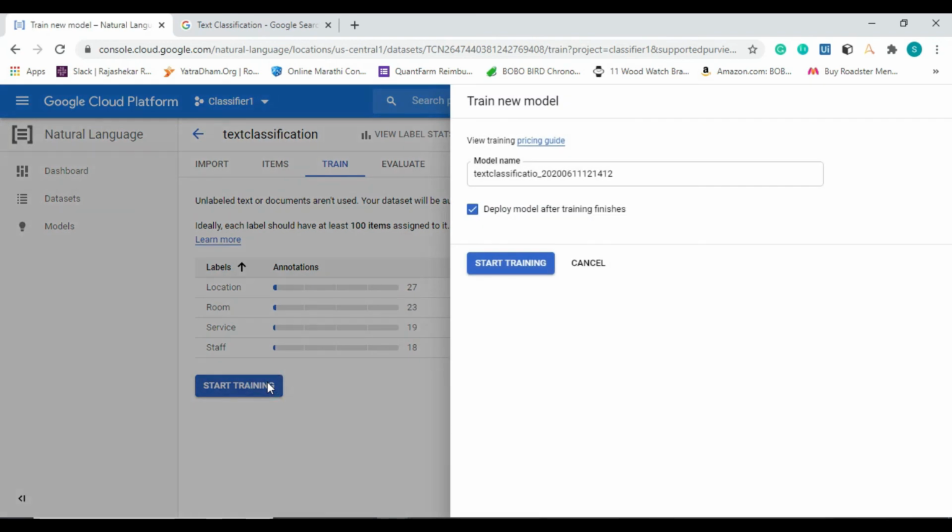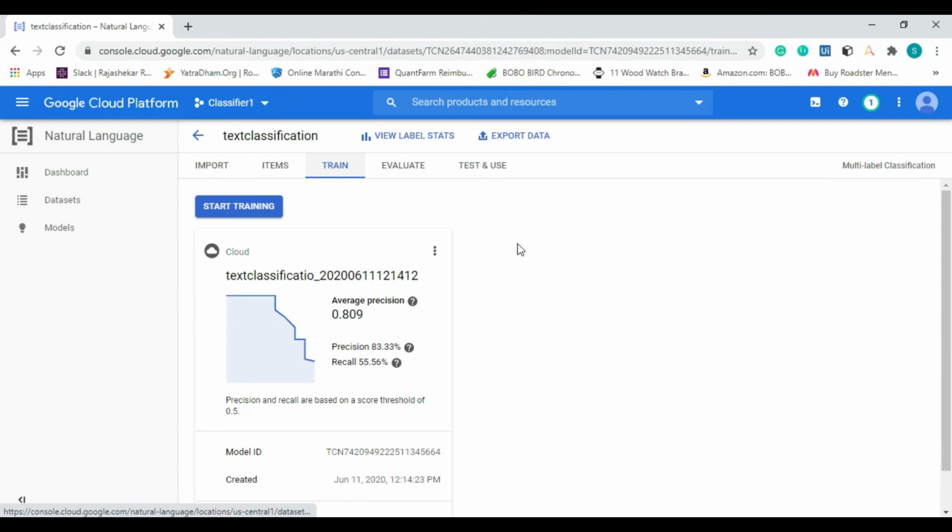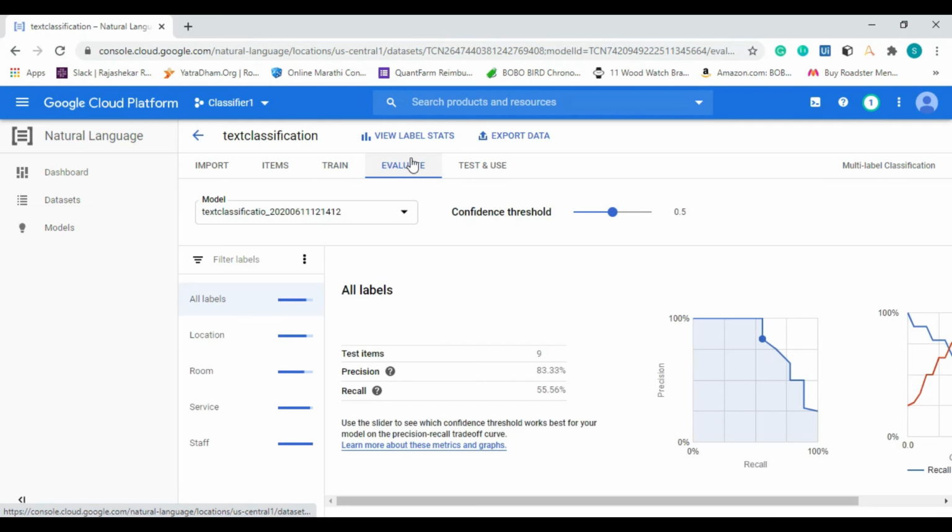Here it will ask you for the model name, so give a model name or keep it as it is and click on start training. And one of the biggest benefits is we are not writing a single line of code for the NLP, so it will take some time. So if you can see now, all the data is successfully uploaded. So go to evaluate. If you see here, it will give us a diagrammatic representation in the form of graphs. So directly go to the test.